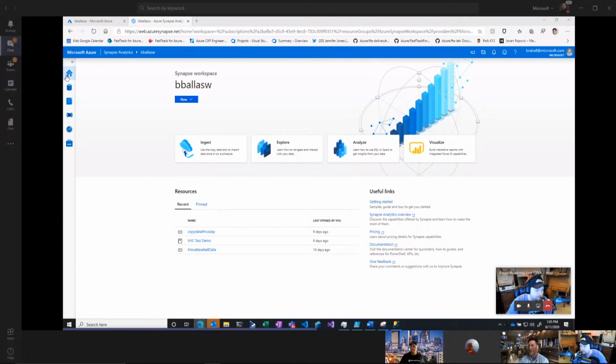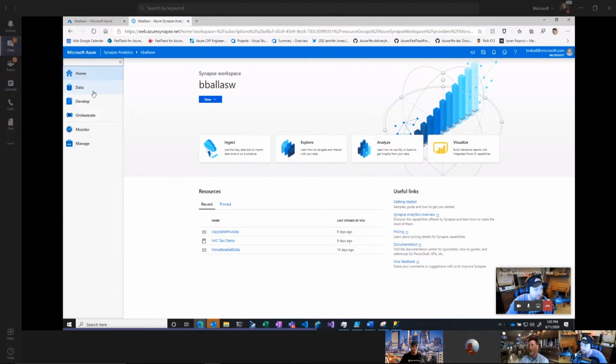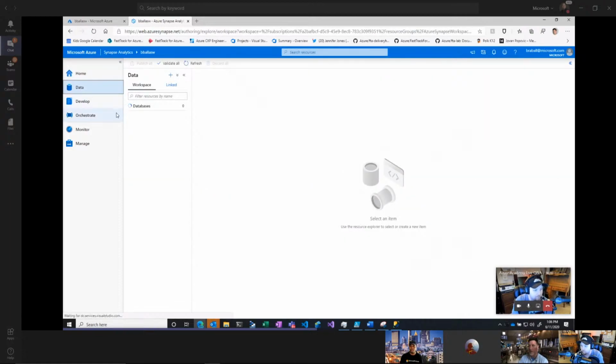Right here in the home page, you can see we have a couple other windows. We have a data window, a develop, an orchestrate, a monitor, and a manage. You can also see right here, I can link a Power BI instance so that way I can do report development and deployment from within this Azure Synapse Studio. So I can get our full life cycle going. And the data pane, one of the things that I can see is I can see